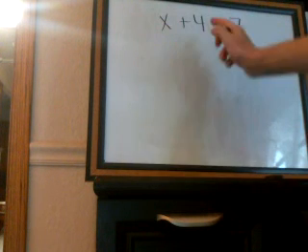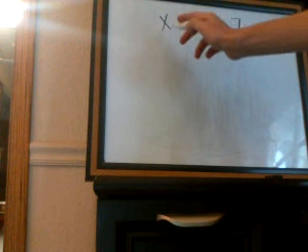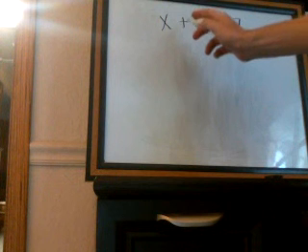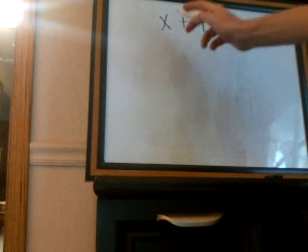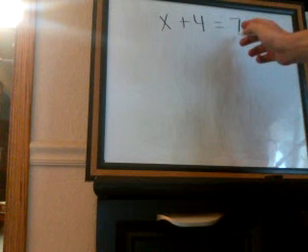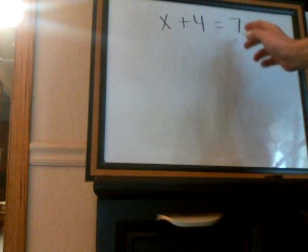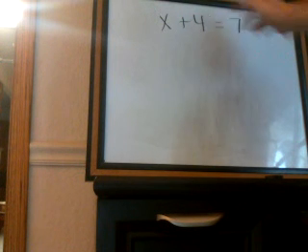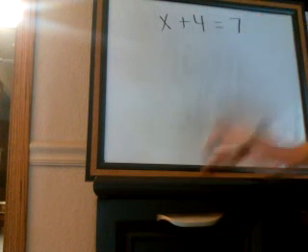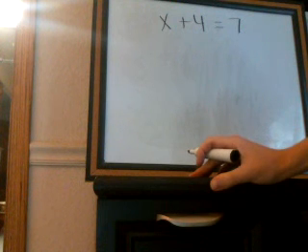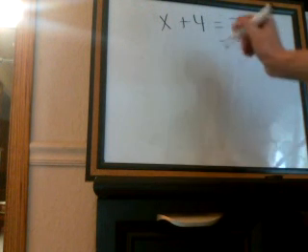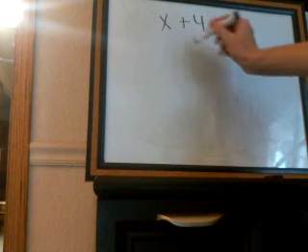Well, if we make it so that x is alone on the left side, and x stands for the total amount of the left side, and we only have one number on the right side, then we'll know that the amount that x equals on the left is the same as the number that we have on the right. And so how do we get to that point? Well, in order to make x alone on the left side,